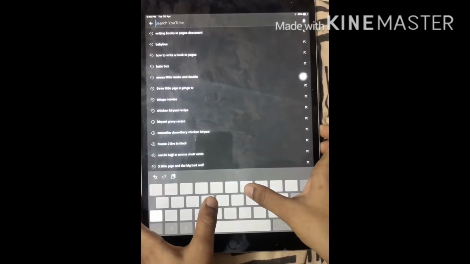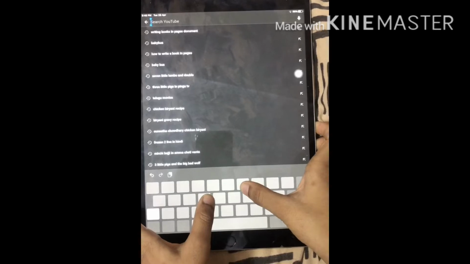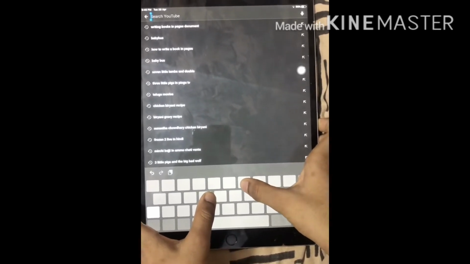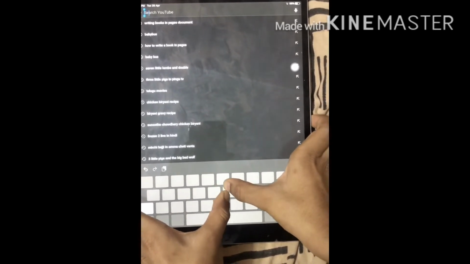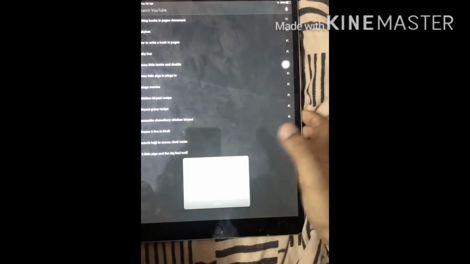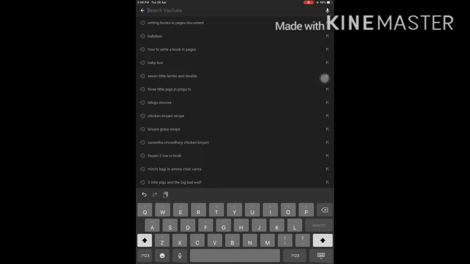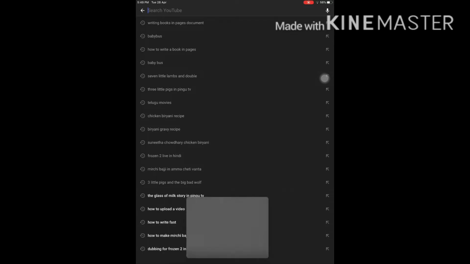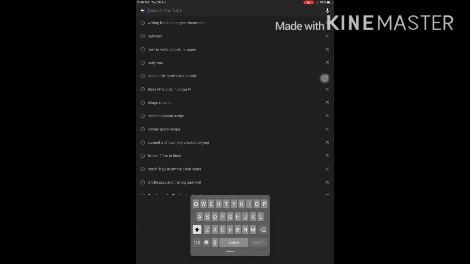Just keep your thumbs on the text bar and get your thumbs closer like this. Now you have learned how to pinch it, and just now you need to do is swipe texting.